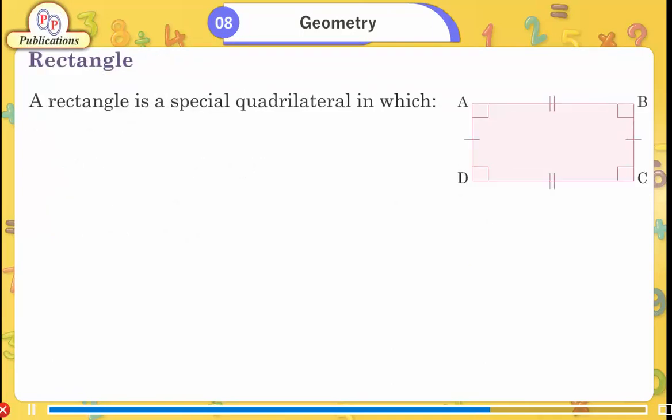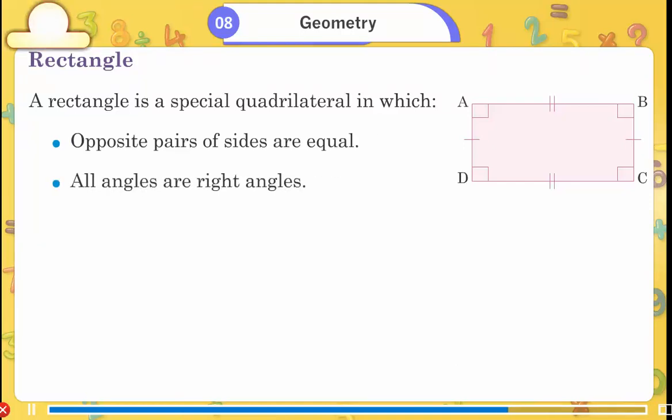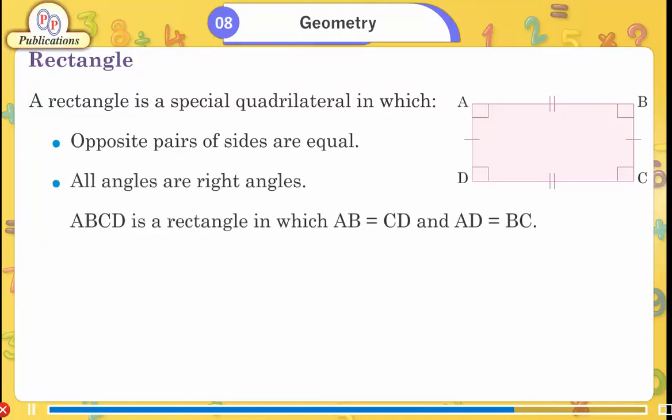Rectangle. A rectangle is a special quadrilateral in which opposite pairs of sides are equal. All angles are right angles. ABCD is a rectangle in which AB is equal to CD and AD is equal to BC. Angle A is equal to angle B is equal to angle C is equal to angle D is equal to